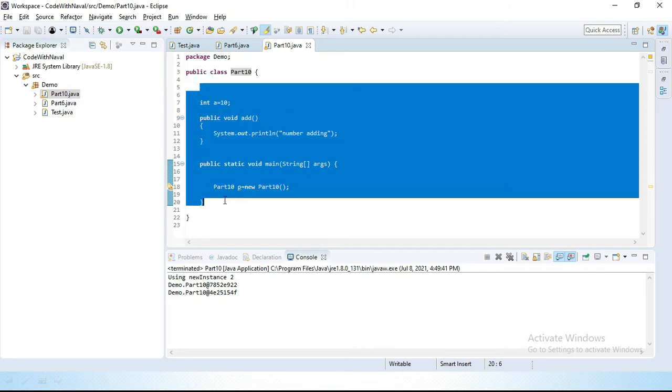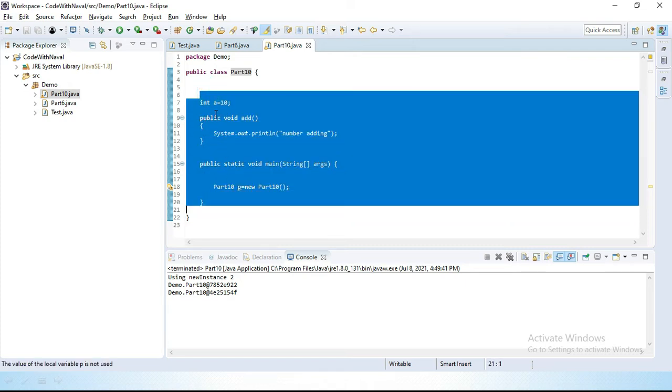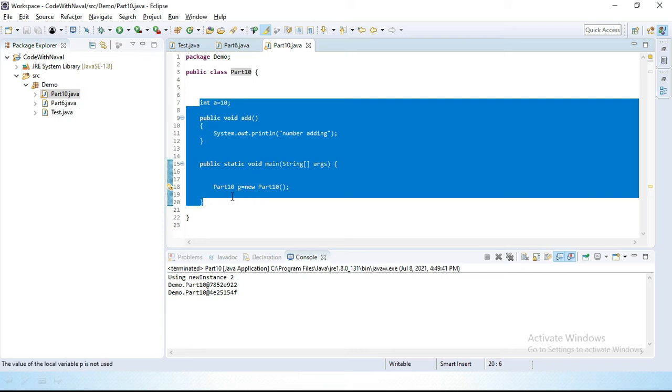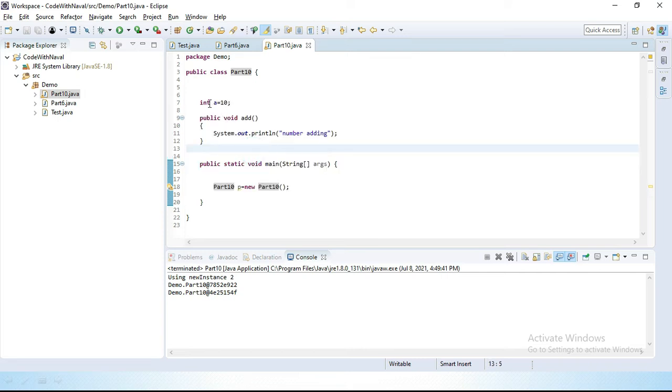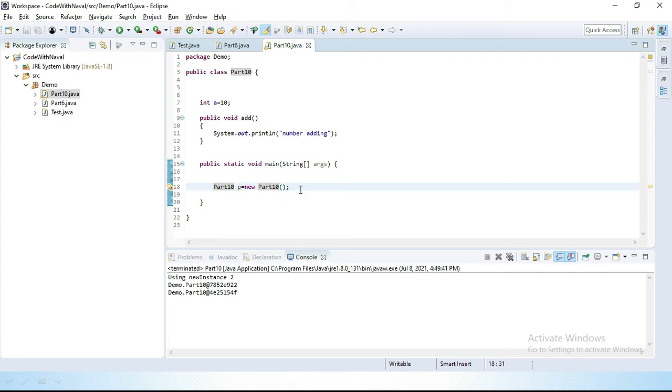But you are thinking we didn't define any constructor. When we don't define any constructor, Java provides a default constructor. We will see all this in an upcoming video, that's why I am not explaining it here. In this video we will discuss only the object. So you can see here we created an object.